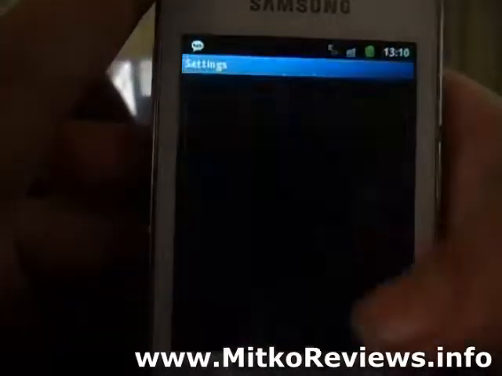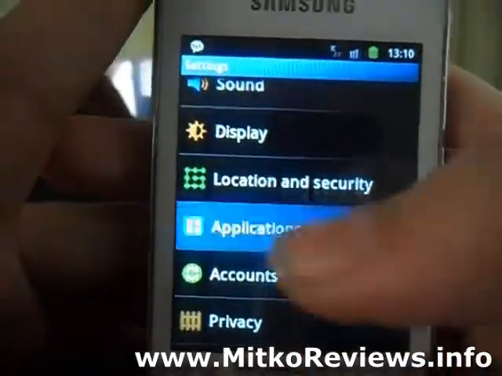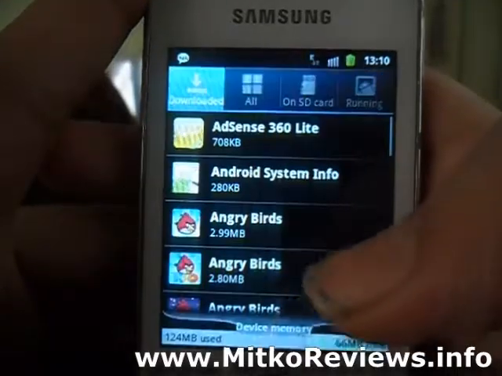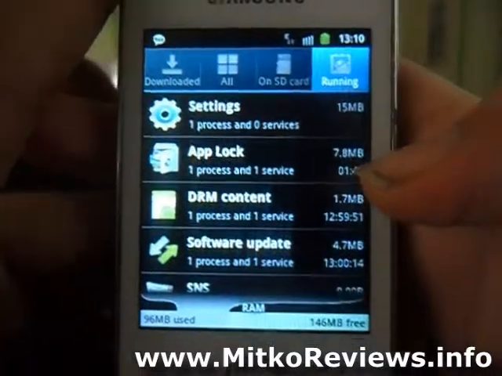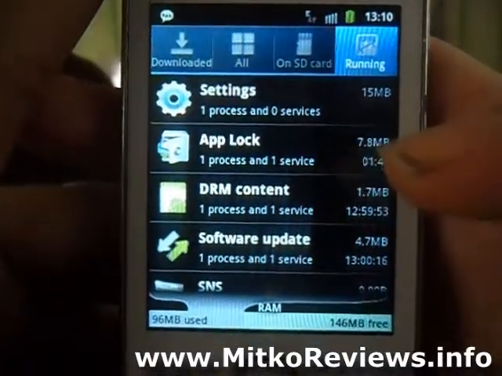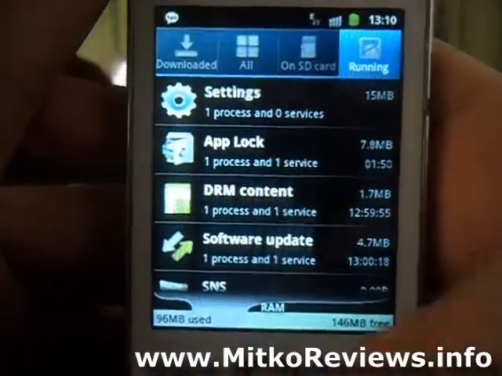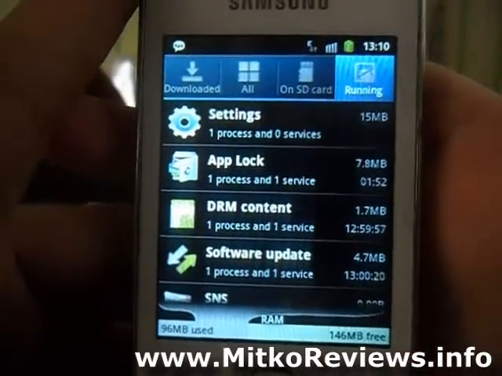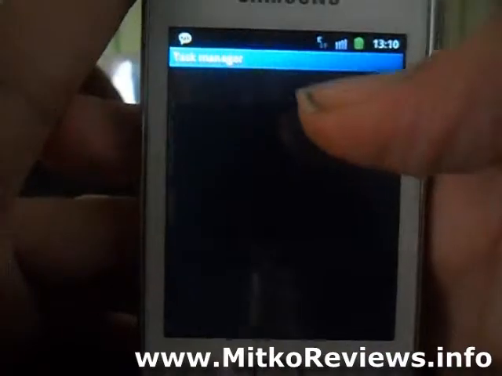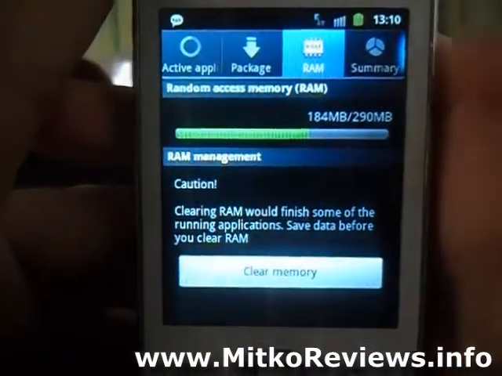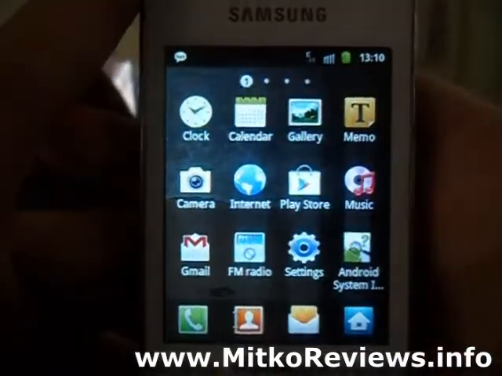And finally, of course this app runs in the background, so let us just see how much memory it takes. So let us go to running services. There we go, 7 to 8 megabytes. You decide whether you want to use this depending on how much memory you need. Mine is not too much, but still, it doesn't bother me much.